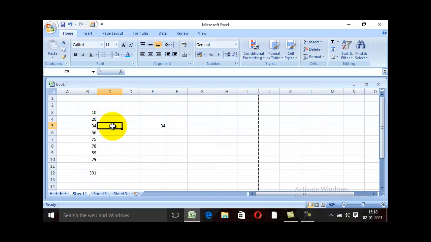Now if I give some number here, 10, it directly changes to 44. That is 34 plus 10 equals 44. Now again I'm adding 10 here,